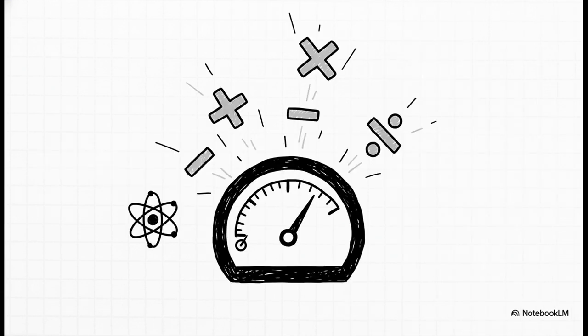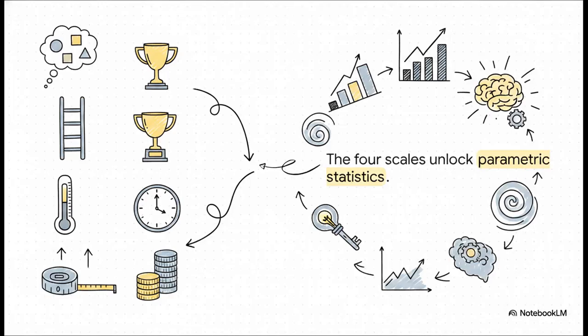Finally, at the very top of our measurement foundation, we have the ratio scale. Used all the time in hard sciences like physics, this scale features a true, absolute zero. Think 0 Kelvin, meaning the total, complete absence of molecular movement. This is a real game changer. It unlocks complete mathematical freedom: addition, subtraction, multiplication, and division. The whole shebang. So the crucial point to remember here is that choosing interval or ratio scales makes your experiments